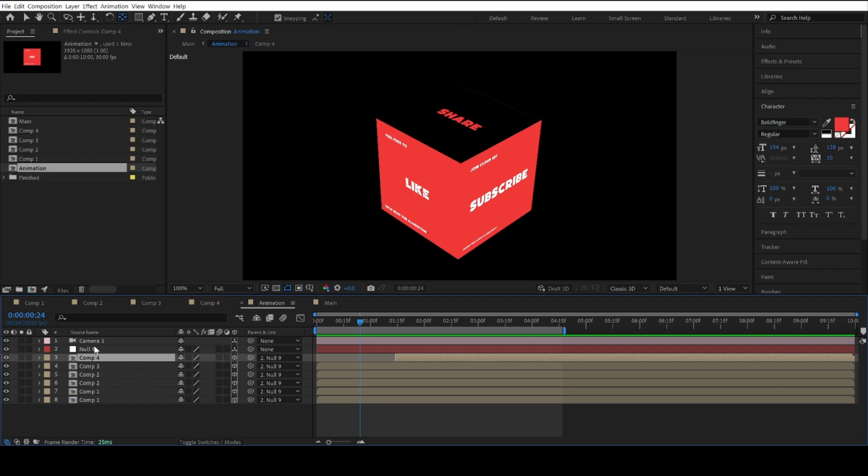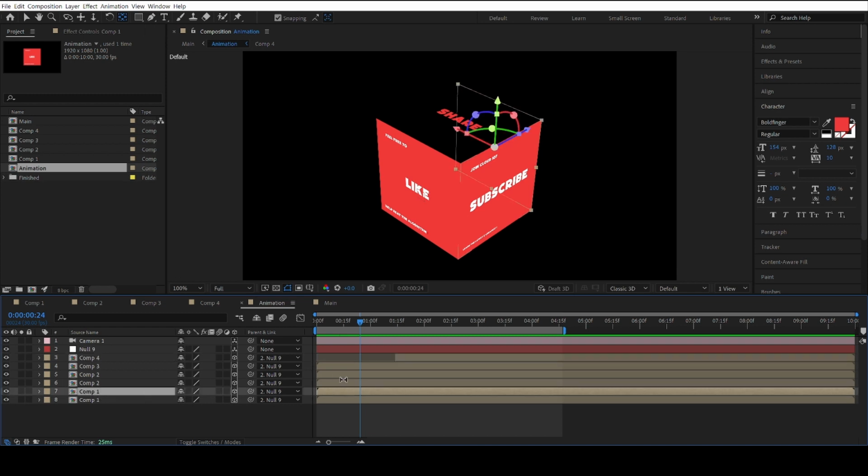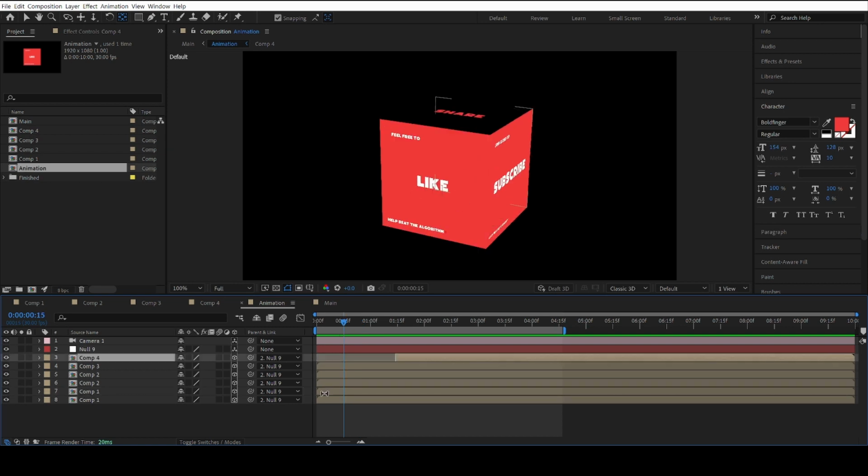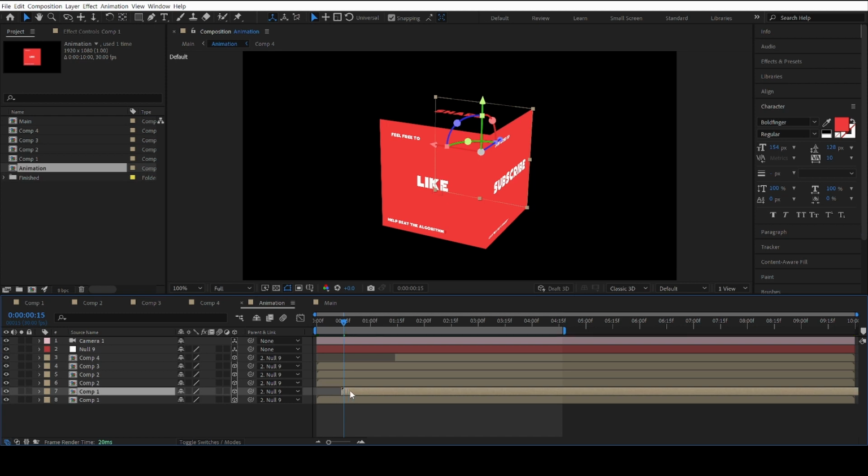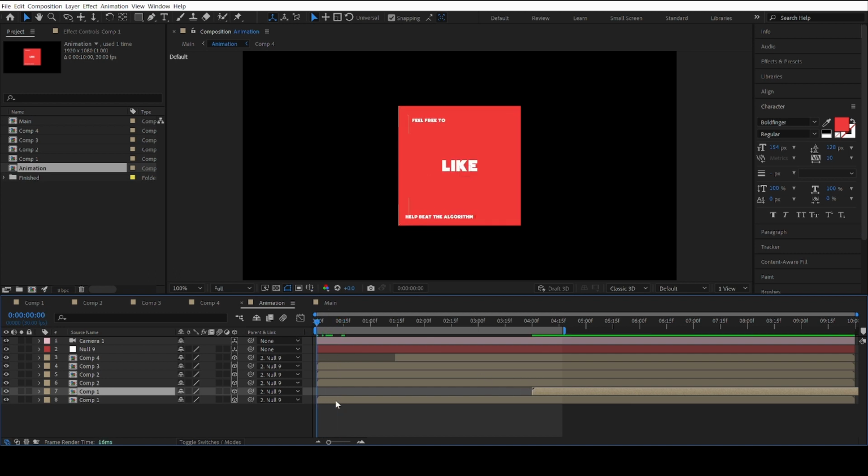So let's go ahead. And I'm sure if you had it different colors, you would be able to see a lot more imperfections, but they're the same color, so you don't really see it. Just keep in mind that you're probably gonna have to do this with every layer. So when it does show up,